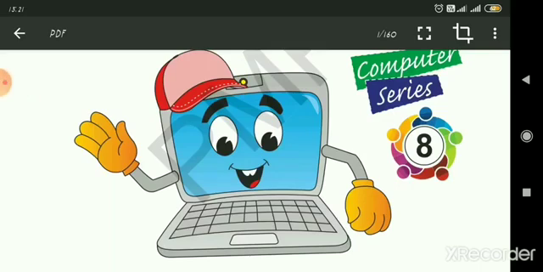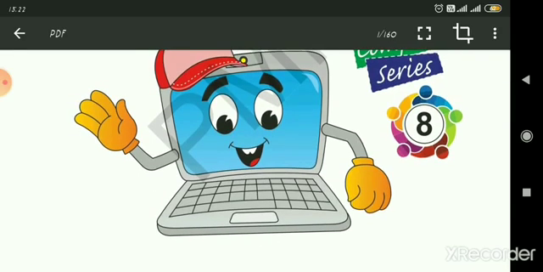In the previous class, we discussed the introduction to Flash. In that chapter, we learned about Flash. We also saw the Flash window and the different tools, like the brush tool, pen tool, and polygon shapes.